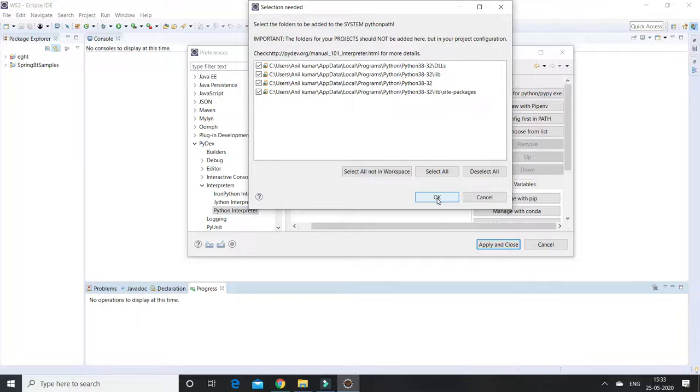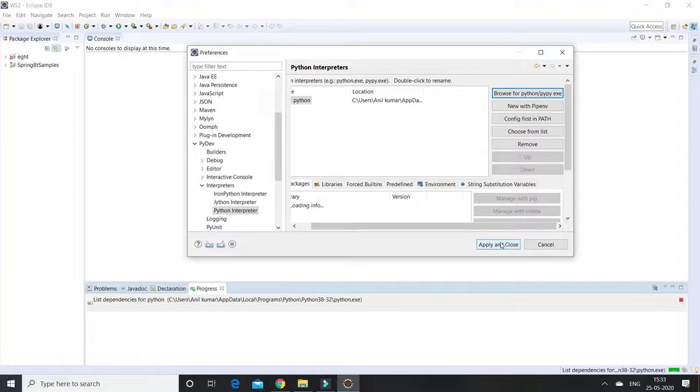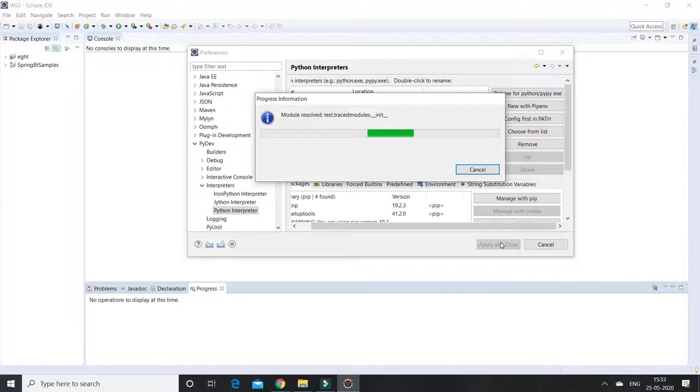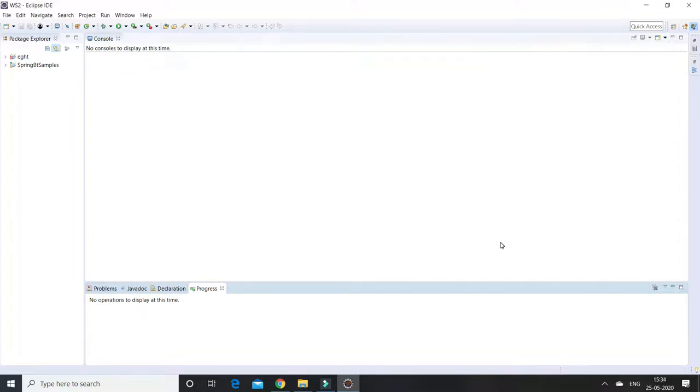Click OK, then Apply and Close. So the Python interpreter path has been set.